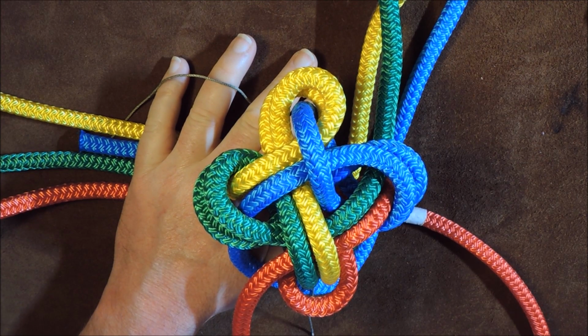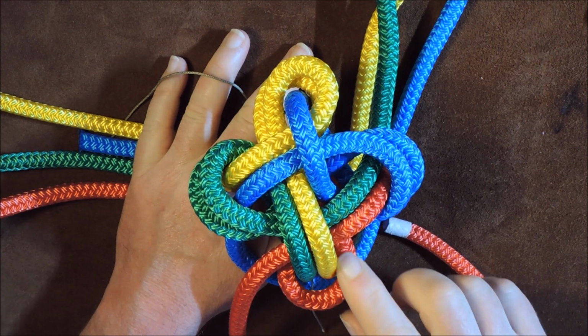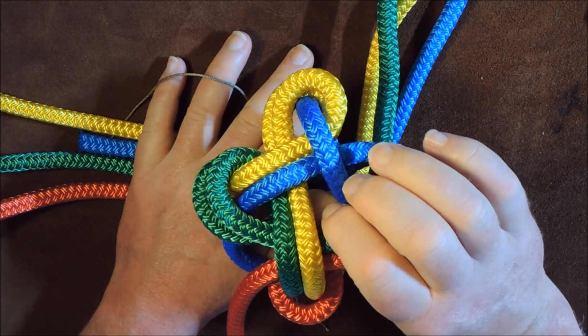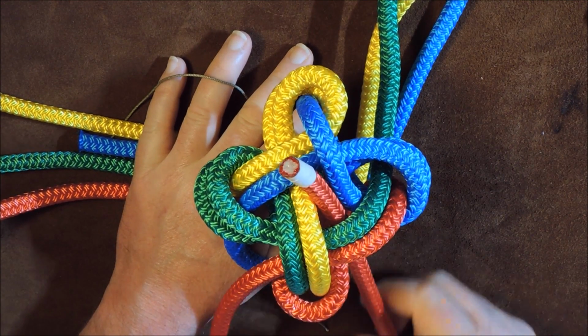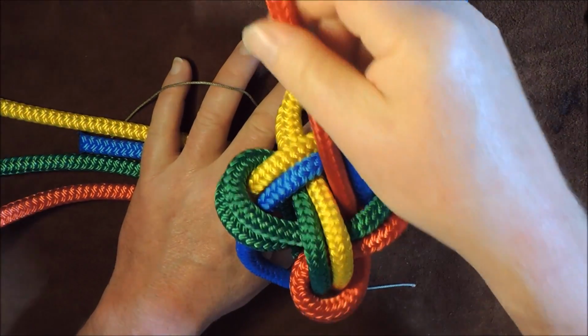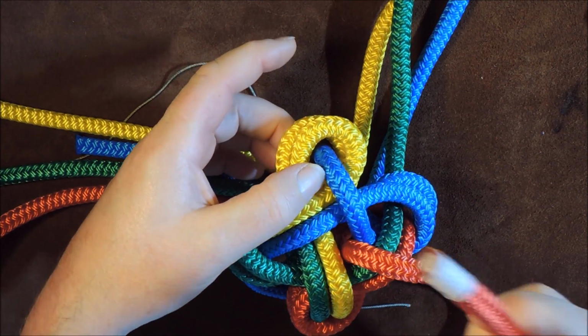Okay, and then we've got the final one here, which is the red one. The red one wants to follow the red one round there, underneath those two. And as it comes up, it's following the blue one. So just bring it round underneath like so, follows the blue one, and then once it's followed the blue one,